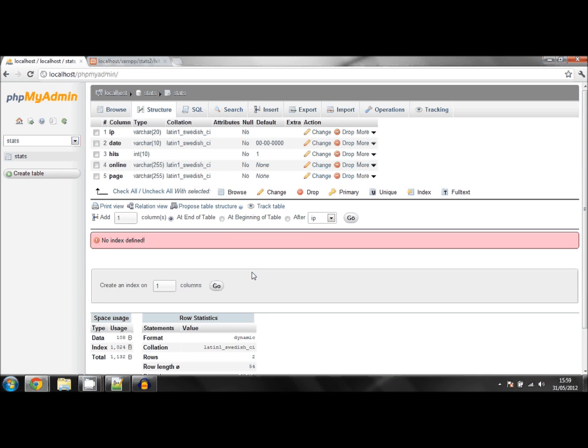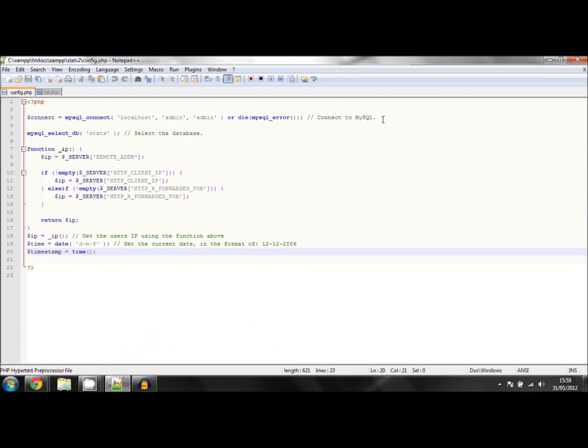And so on. So if I go to the config file, this basically connects these files to the database. So this is the most important piece of this script. It basically connects it to the localhost, which is using XAMPP. This is the username for the database, and this is the password for the database. And it selects the stats table from the database. Function _IP basically gets all the IP addresses from everybody that's visited your site and puts it into that database, and returns it to that variable